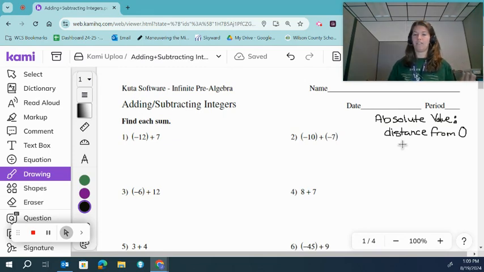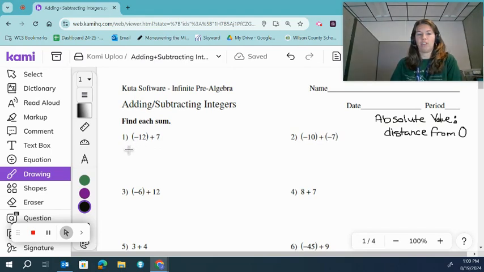The number -13 is 13 away from 0. So when you're comparing the absolute value of numbers, you're comparing how far away a number is from 0. The reason that's important is because when we are adding integers and we have -12 plus 7,